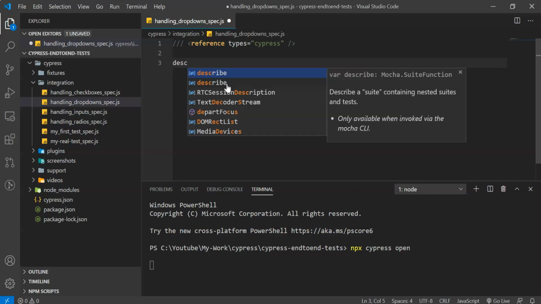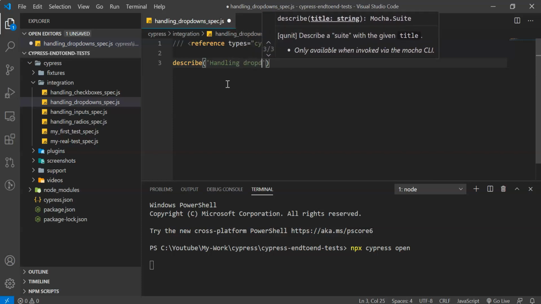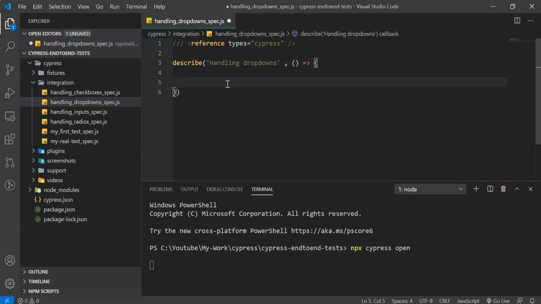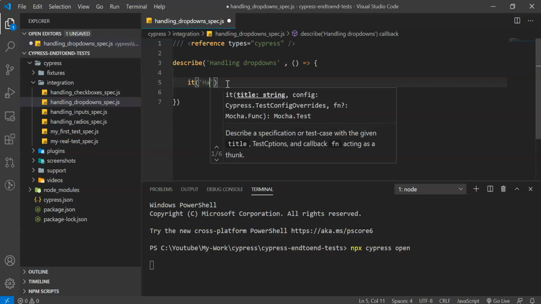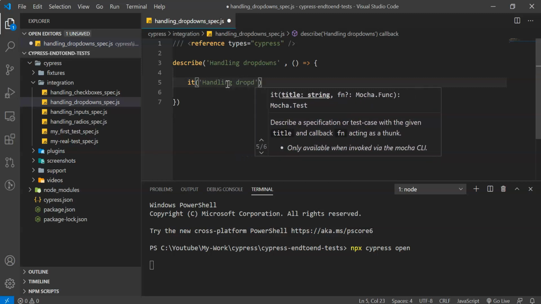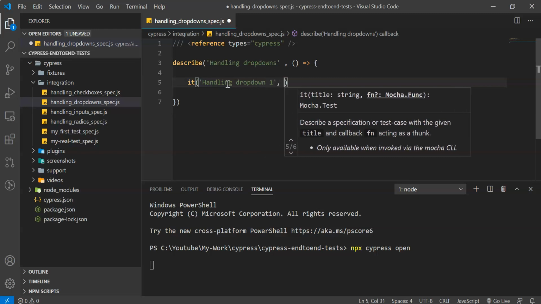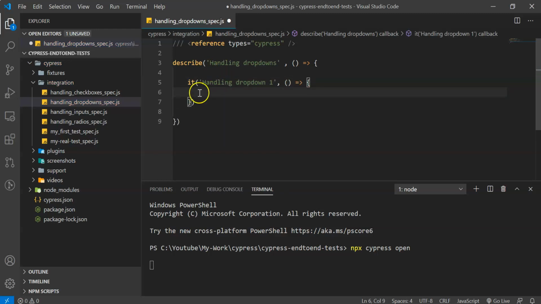Okay, and then we need to give a describe, handling drop downs, and then we need to pass an arrow function, and we need to create a test method. For that we need to use it, handling drop down one, and then I'm passing again an arrow function.